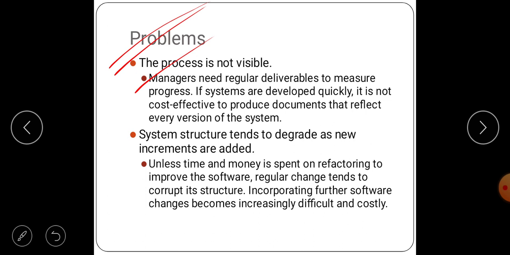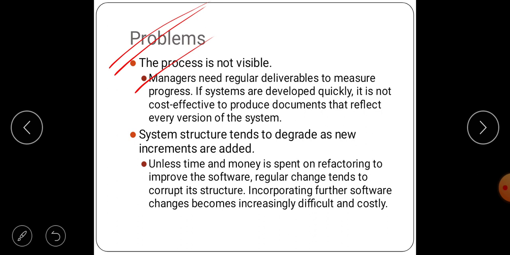Next one is, system structure tends to degrade as new increments are added. The system structure will go low, meaning it is not good.